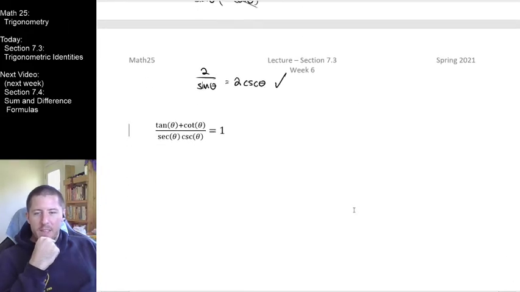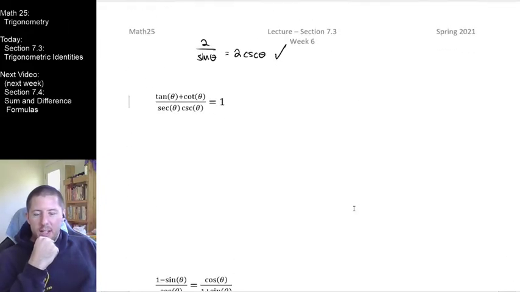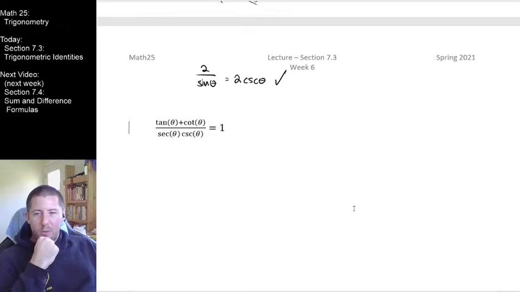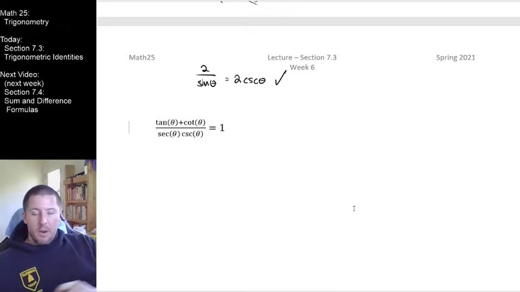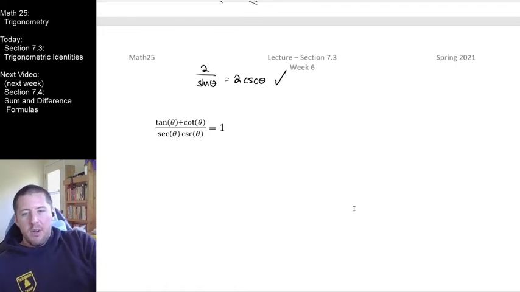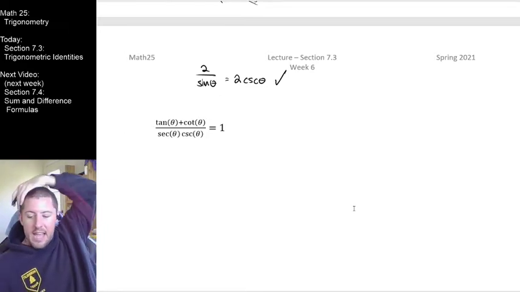All right, so what do we got? We got 2 left right here. Let's do 2 more, and we'll go ahead and call it a video for this guy here. So what am I looking at right here? Tangent theta plus cotangent theta over secant theta times cosecant theta. I am hoping that you are thinking the exact same things that I am thinking for this guy right here,